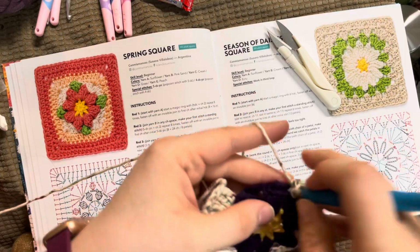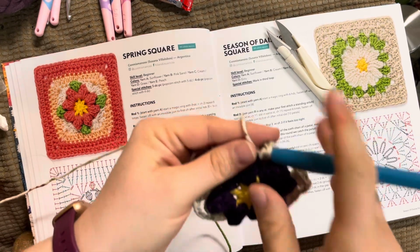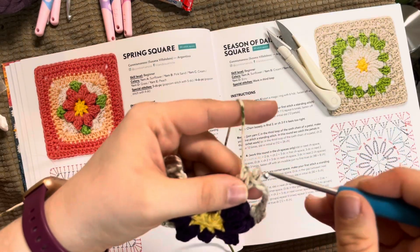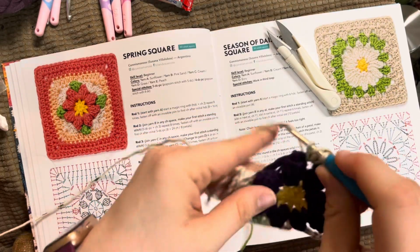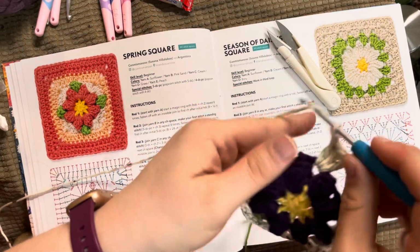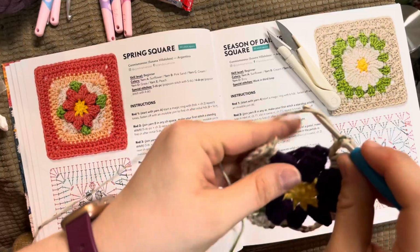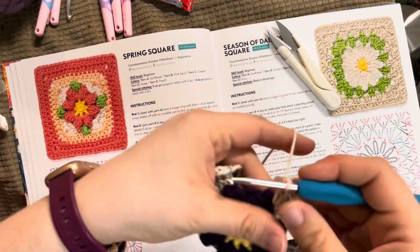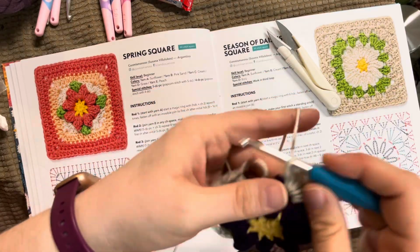1, 2, and 3, pull, 1, 2, 3 double crochets, 1, 2, and 3. Now here comes the fun part, because we're going to chain 5,